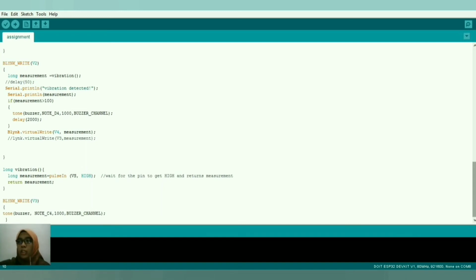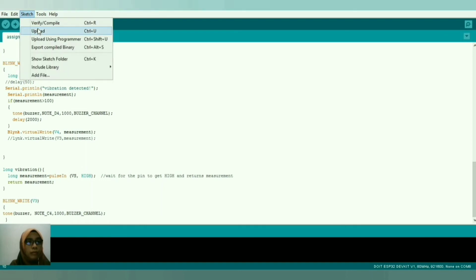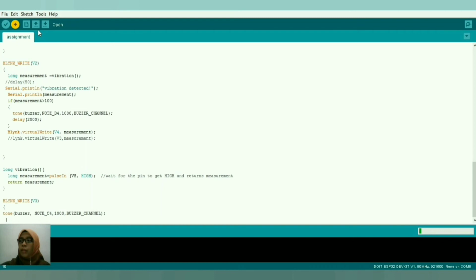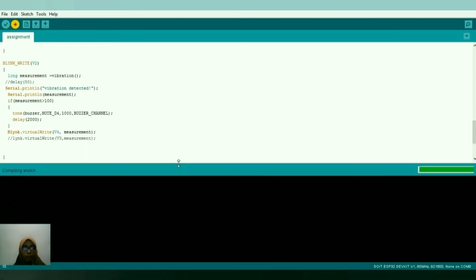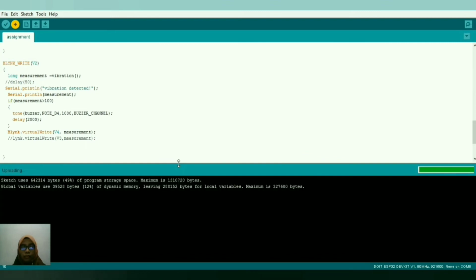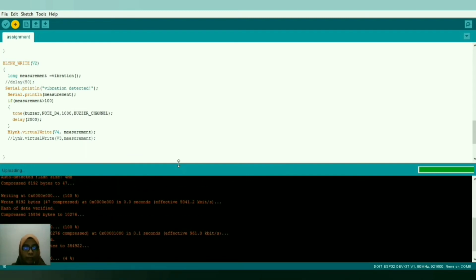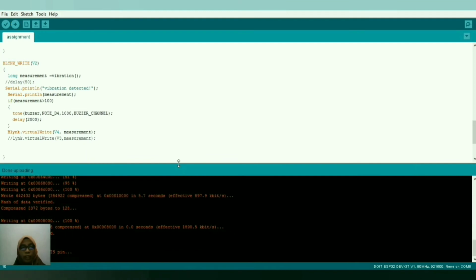So let's upload the program by using the ESP32. Push the boot button when you see the connecting, and then release it until it is done uploading the program.